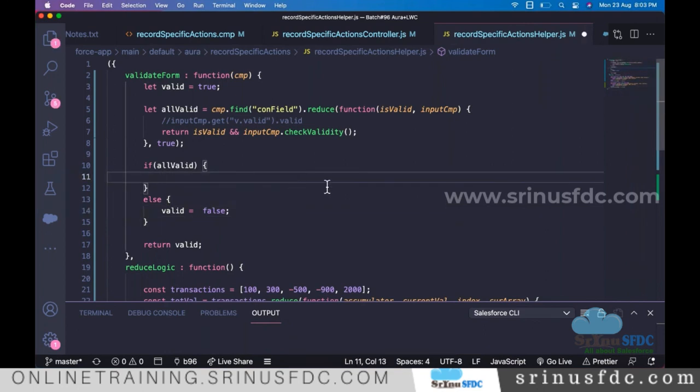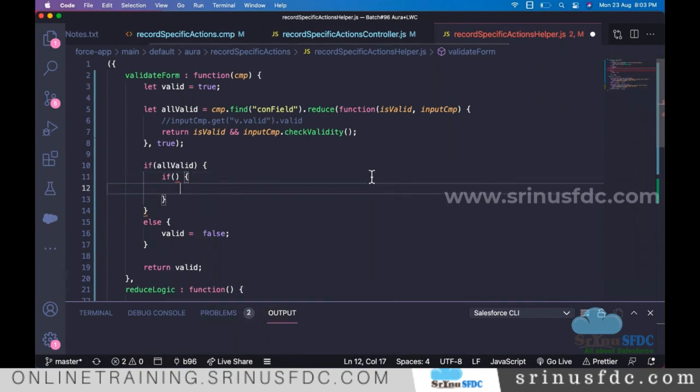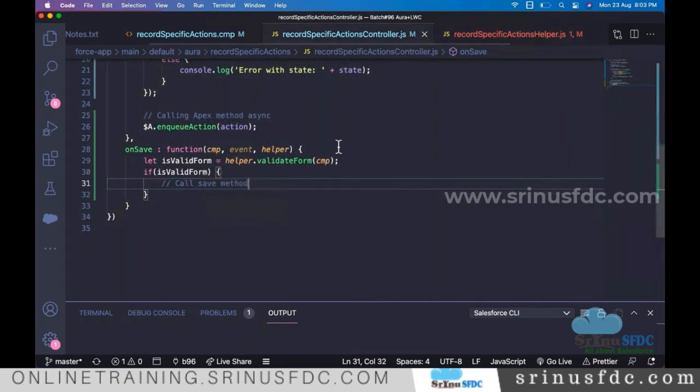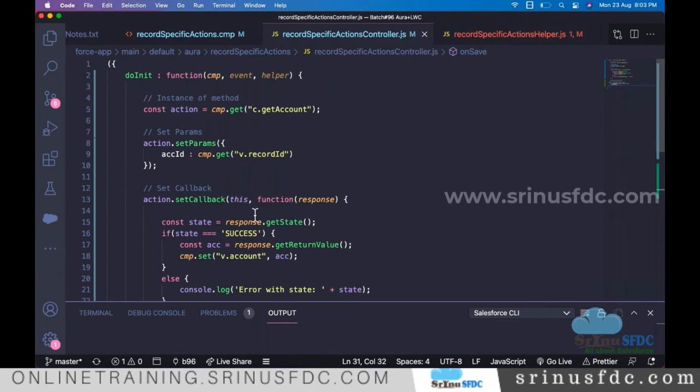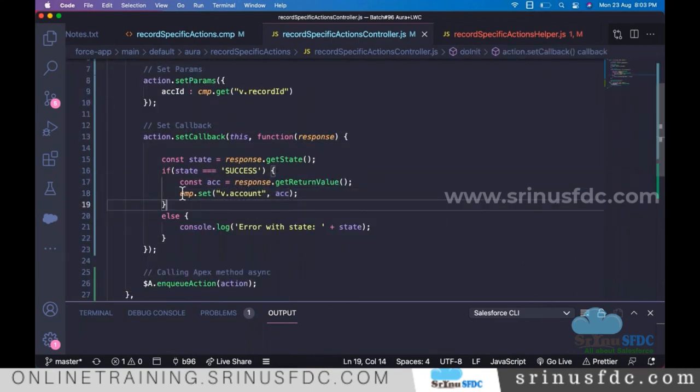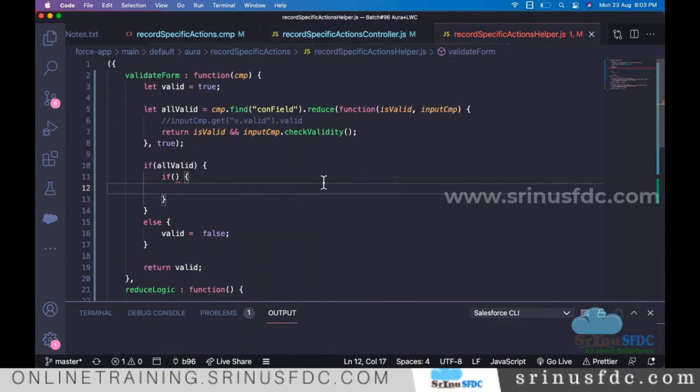Even if it is all valid, I want to verify the account. If you remember, we queried for the account and stored it into this variable, right? I want to know whether this is empty or it is having the value.